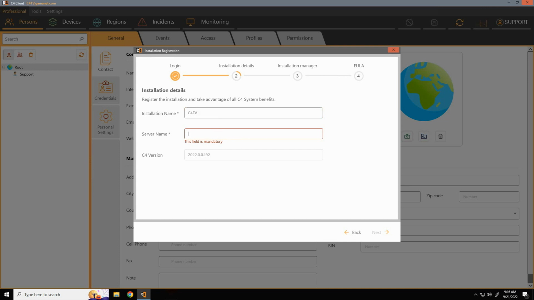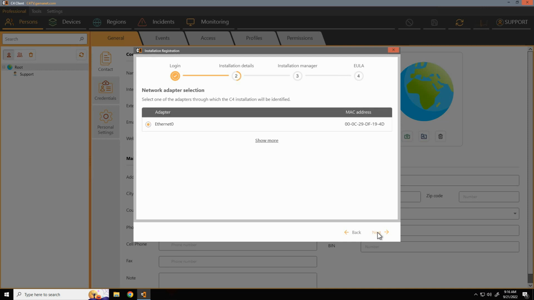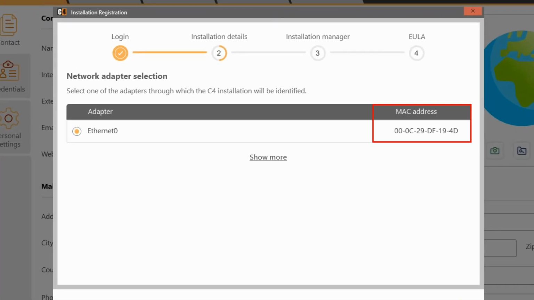Next, you fill in information important for correct identification of your installation at the license server. Advise with your customer about the name of the installation and the name of the server and enter it manually. Registration setup identifies and automatically fills in the current version of C4. The version number is necessary for Gaminet to reduce the time needed to fix reported errors when providing support.